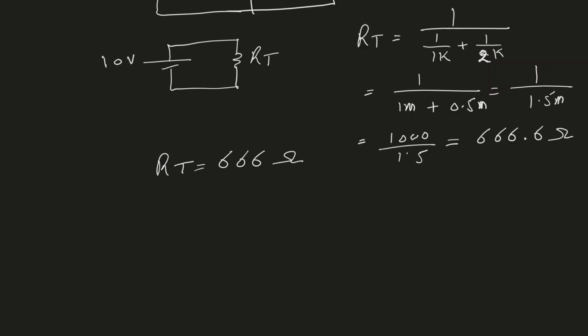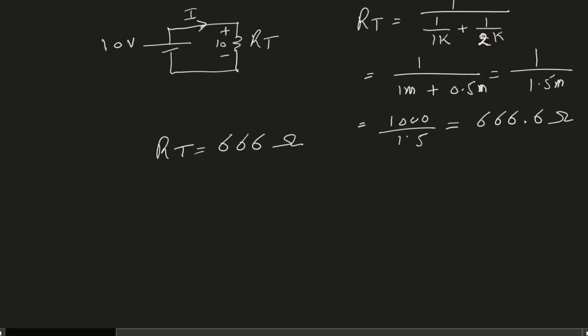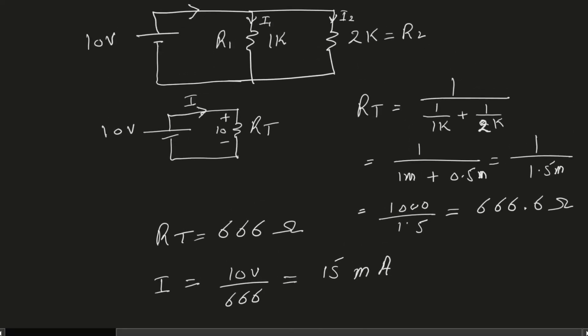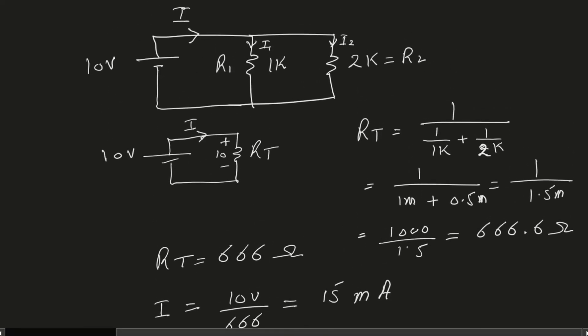Now the current that will come from the battery, or the voltage source, will be equal to, because we will have 10 volts across our R total, so we can find the current using Ohm's law. So the current from the source will be equal to the source voltage, 10 volts, divided by our R total, which is 666 ohms, 15 milliampere. So that's the current that will be flowing from the source. Now that we know this current, let's go back to our circuit and see how much of this current will actually flow through